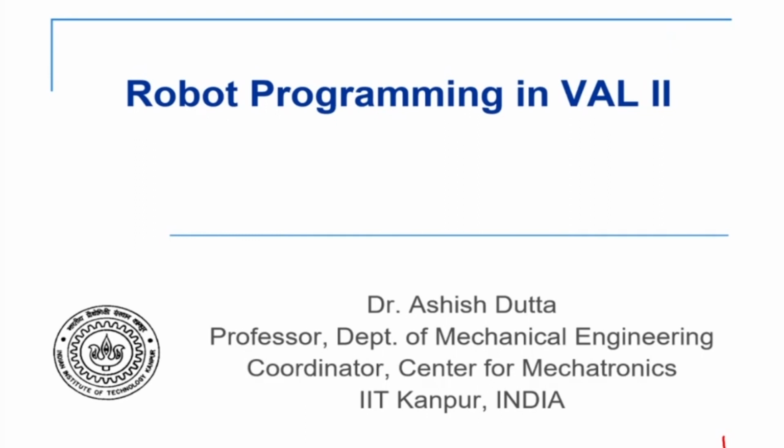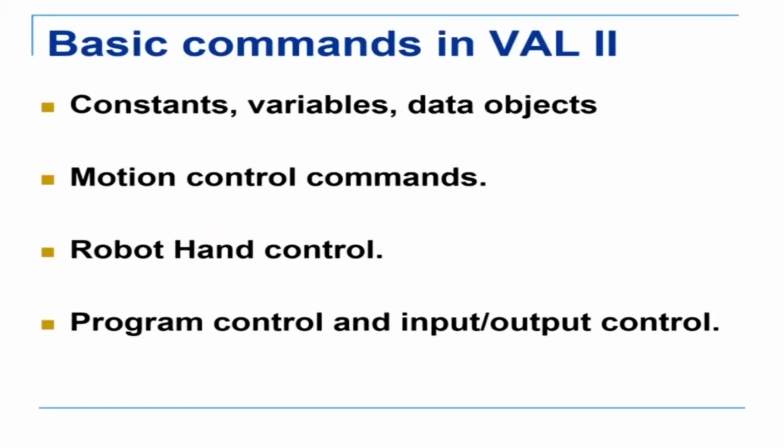In the last class we had looked at the basic structure of a program, and we said that the program consists of these four parts. First is constants, variables, data objects. Constants, as the name indicates, are constants. Then variables are variables which can take different values, and then data objects. The second thing we looked at was motion control commands. That is, when the arm moves from point to point in space, what are the motion commands? The third is